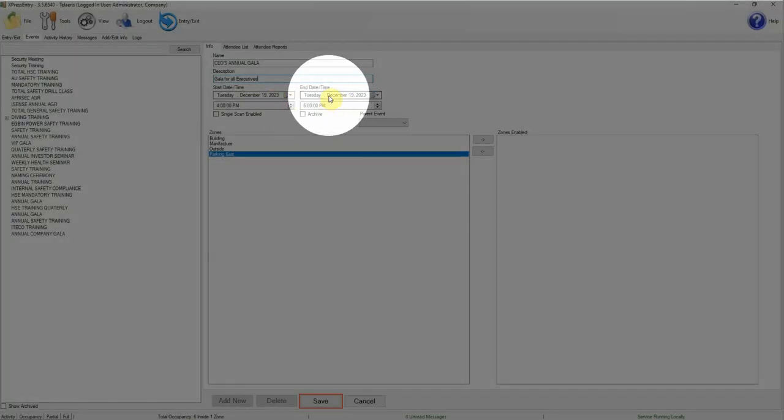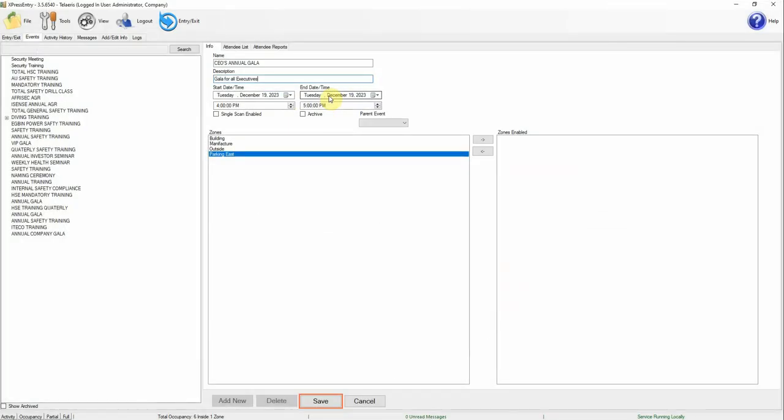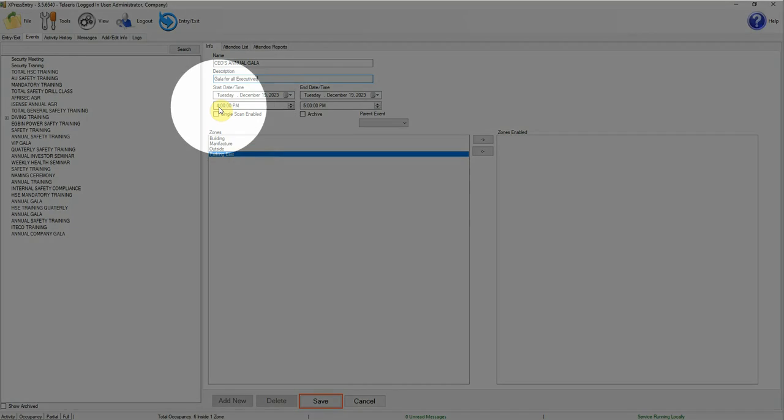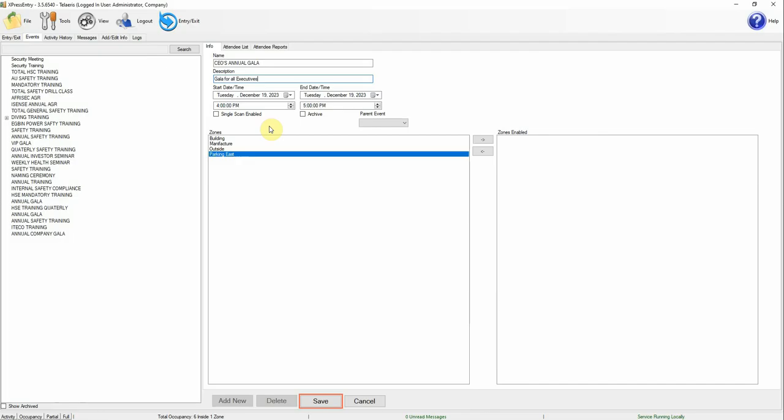Start date and end date. This will be the start date and end date you expect this event to start and when you expect it to end. The start time and end time is also when you expect it to start in terms of time and when you expect it to end. And there are many features you can enable in this event, which I'll be describing as we go on in this video. But the next thing to do is to hit save, to save this event,